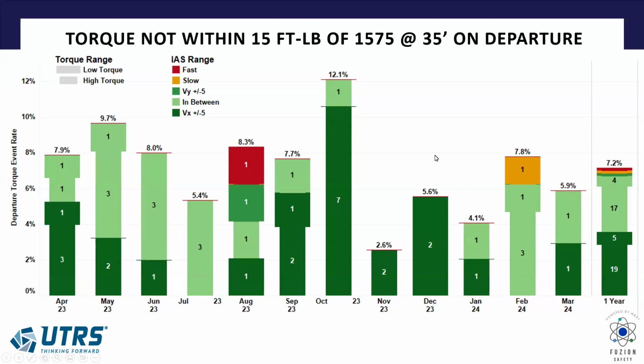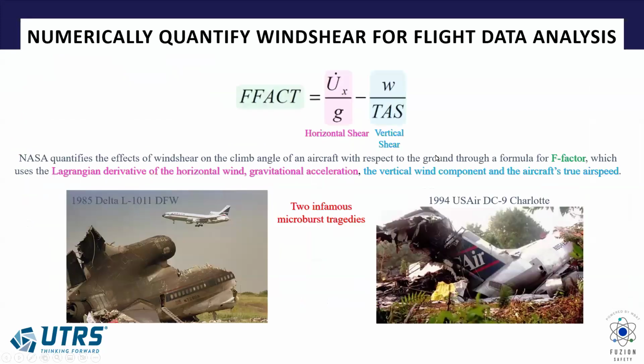The next issue I wanted to talk about is wind shear. This is a new one. Why do we want to look at wind shear? Well, there are a couple of cases of microbursts that some of you, hopefully all of you, are familiar with. But you can have wind shear that isn't associated with microbursts as well, that can put you short of the runway as well. So we want to track that.